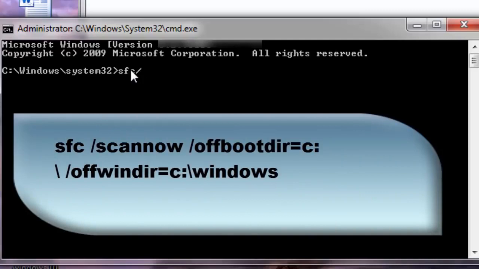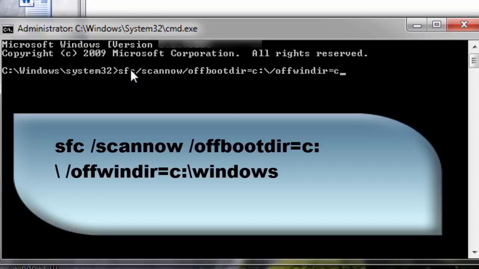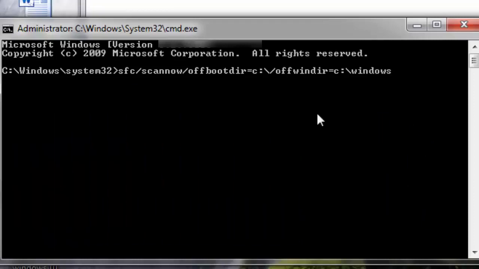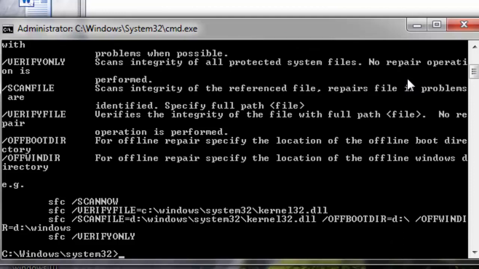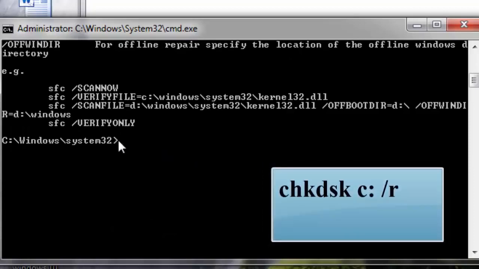In the command prompt, you type the following command: sfc /scannow /offbootdir=C:\ /offwindir=C:\Windows. After typing this command, you hit enter, and you can see some messages shown. Don't worry about that. Now next, you type the following command: